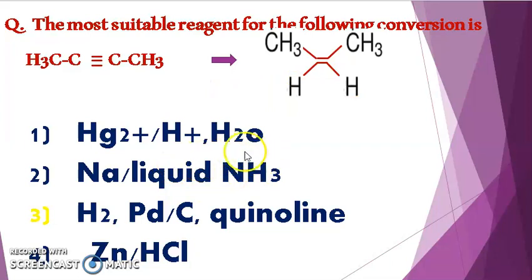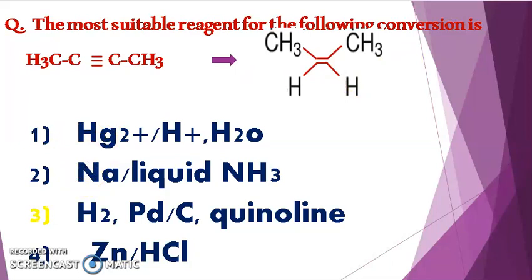The water molecule is separated into H plus and OH minus, right? We have to get the product, no? See here, Hg2 plus is here and the H2O molecule is there. If we separate the water molecule, what will we get? H plus and OH minus, right? So H plus and OH minus has to come here, but we didn't get this product. So this is not the actual reagent for this conversion, right? So let's go to the second reagent to check.